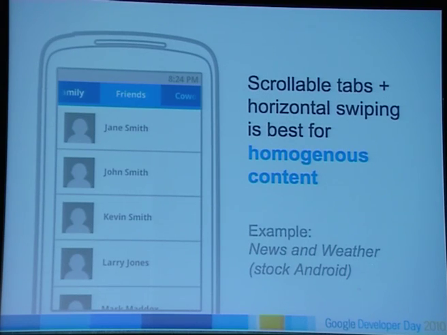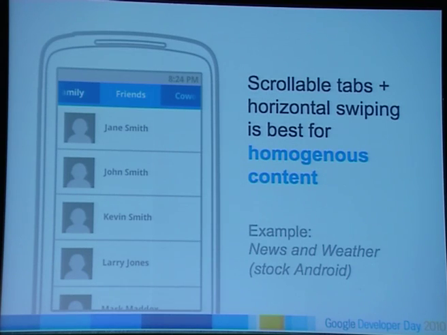Now, who's seen the news and weather widget on Android, or the news and weather application? Okay, quite a few of you. So the news and weather application is very simple. It has one main screen. It has a set of tabs at the top that indicate news topics, things like health, entertainment, sports, business, things like that. And it also has horizontally swiping pages, and those actually change along with the tabs. So this is a great pattern,